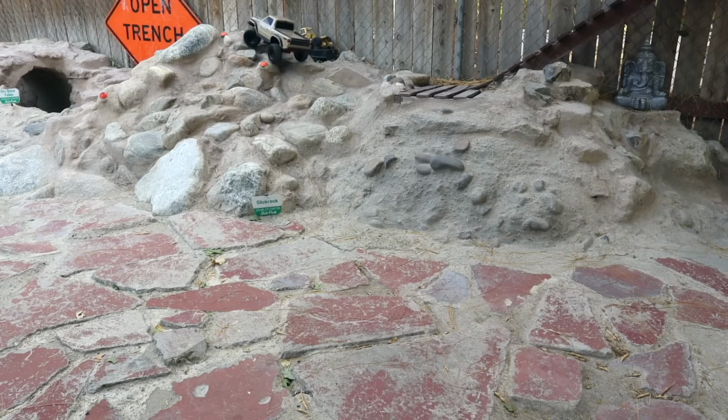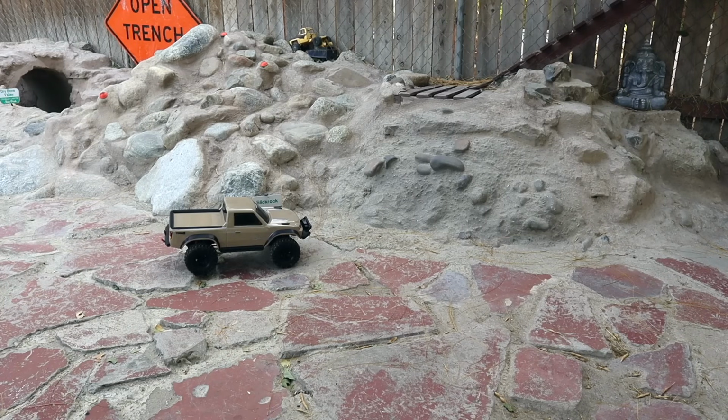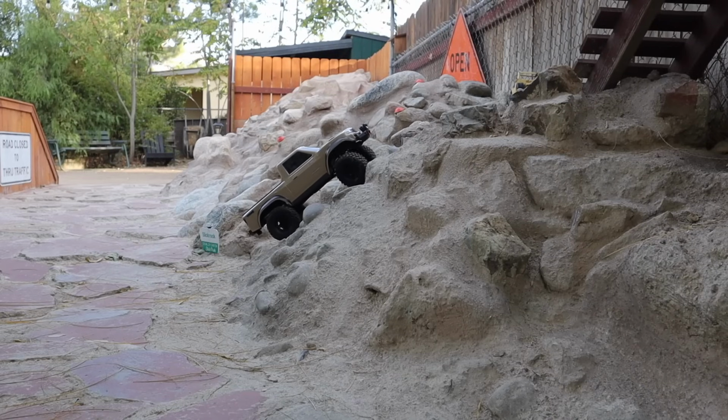What we have here, and we'll see it as we get into more and more technical terrain, we will see the weakness of the canyon trail at birth, which is, it basically has lugs that are too tightly packed. So that is not going to impact you in every situation, but when it does impact you, if you don't already have the feeling, you will develop the feeling. You'll be like, I feel like we're getting some, what we call judder. You'll be getting some judder from the tire because the lug isn't cooperating with the surface. There's a little bit of judder. We can drive ourselves to some judder there. If I get that top tire over,